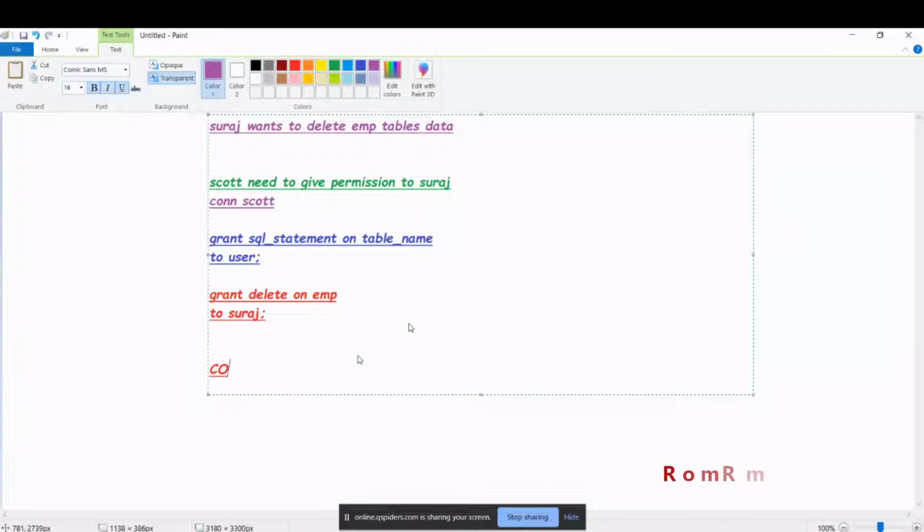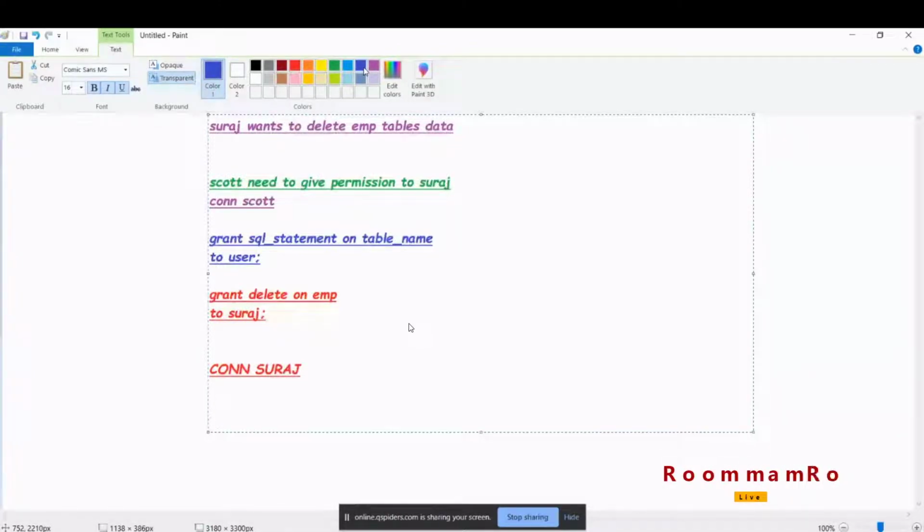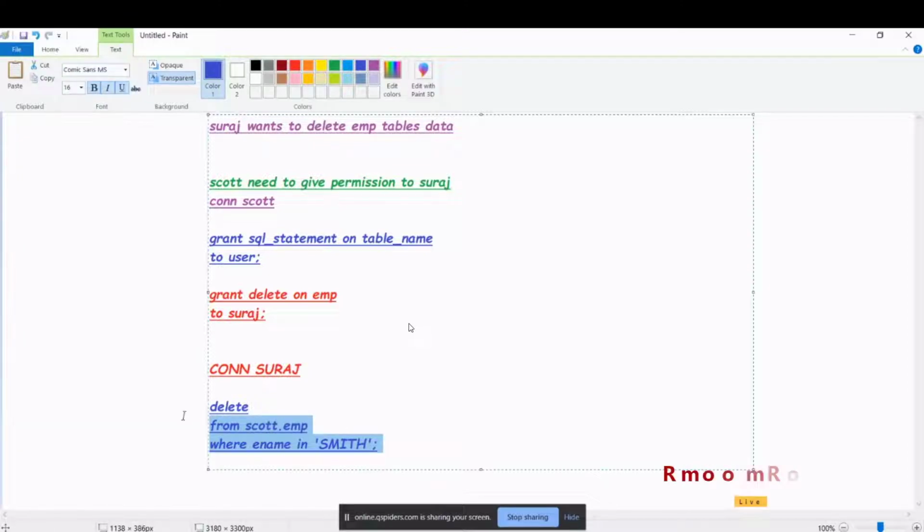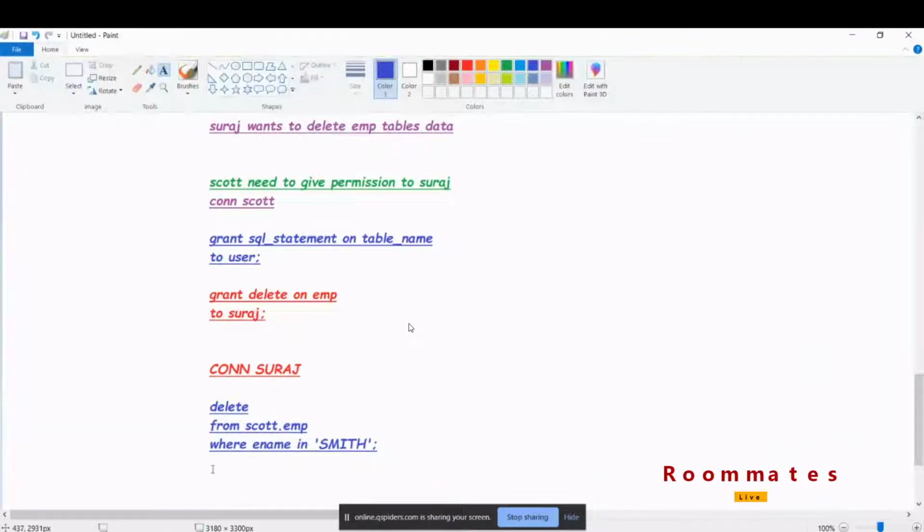After grant, like connect to Suraj. Delete. Okay, delete देने के बाद connect Suraj. So delete from Scott.emp where name in Smith. Smith record would have been deleted. जैसे कि अभी नहीं हुआ. Then connect to